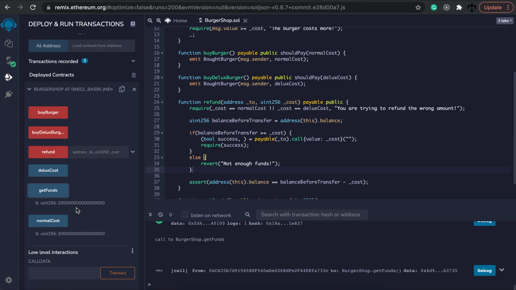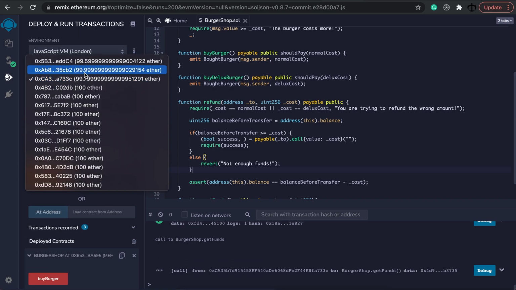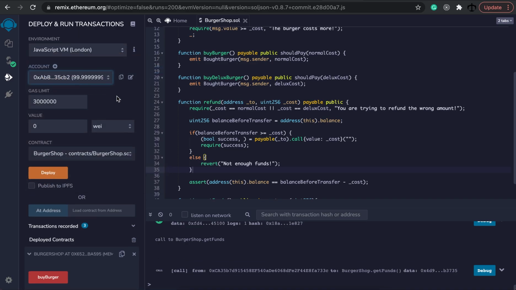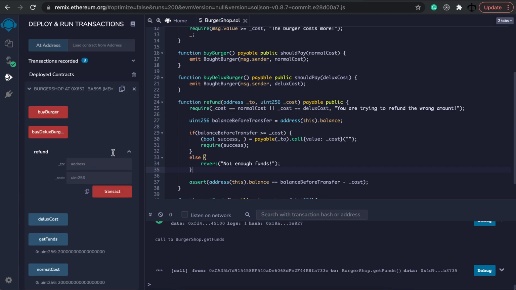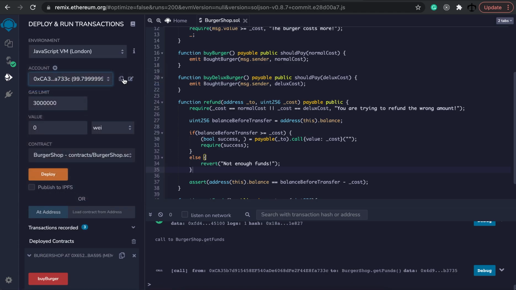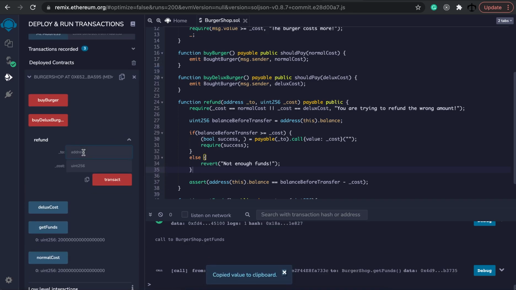So now let's say that I was not really happy with my burger, and I told the owner that I need a refund. So as the owner, now remember there's no access control, so I can do this from any account, but I'm just going to emulate that I'm now again on the owner's account. So I'm the owner, I need to refund a person. So I'm just going to briefly copy this person's address. Then I'm going to paste it in the address, and I'm going to say that this person needs a refund,